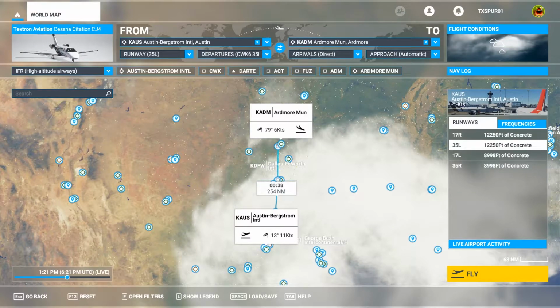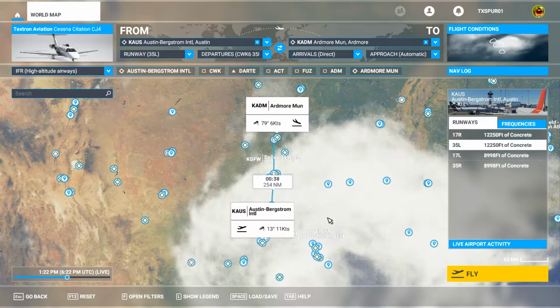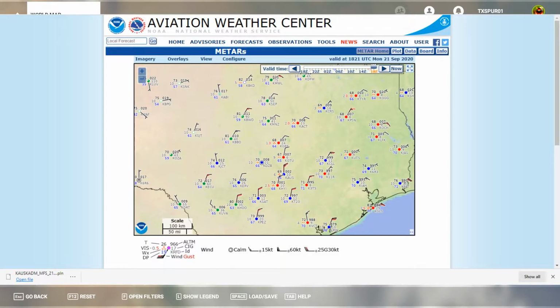As you can tell on the satellite image in sim, we do have some weather here, and it's actually looking pretty nasty. So let's go to our aviation weather, check it out, see what it says. And let me get you pulled up. Here we go. Okay. Austin, we have